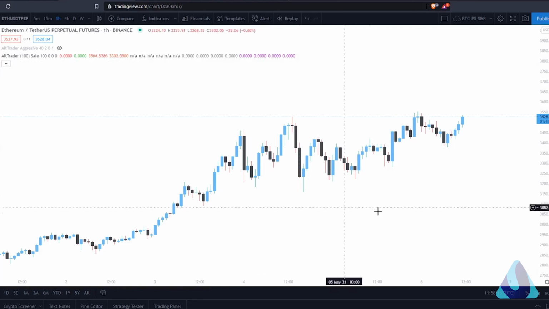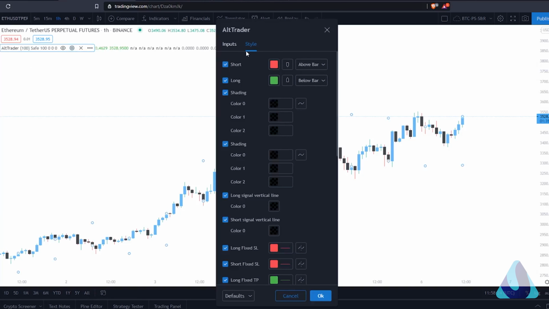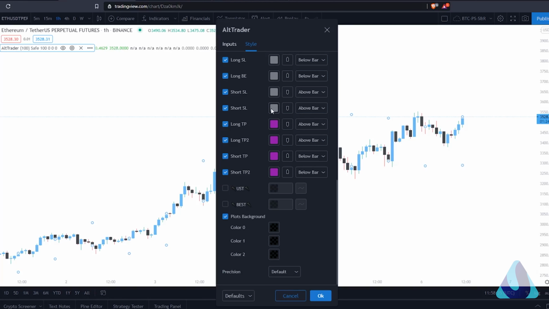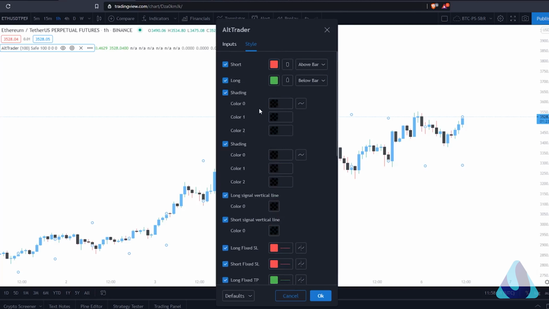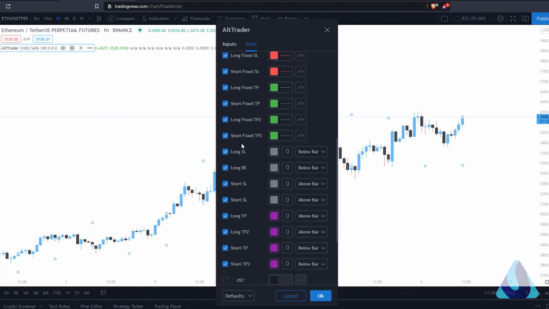Okay, so right now here we have the indicator, and if we click on the settings, we can get started with this. So clicking in here, you've got your style tab, so essentially what color you want the long and short flags to be, what type of shading that you want regarding the plotted backgrounds as well, and also we have here the long fixed SLs and the take profits as well,